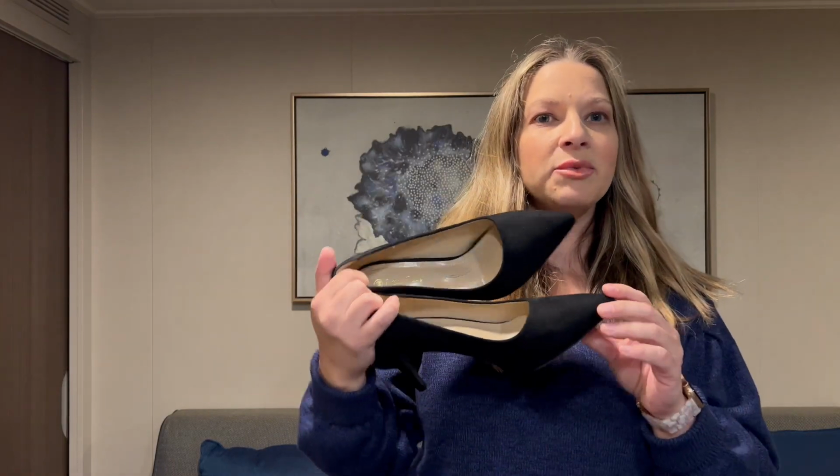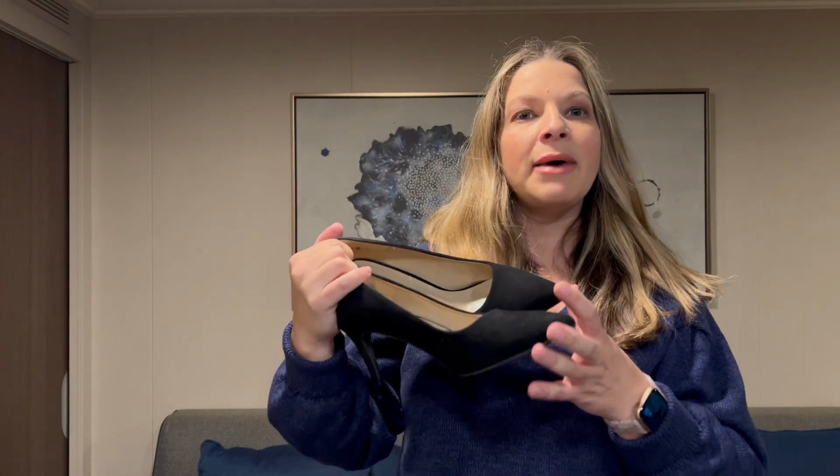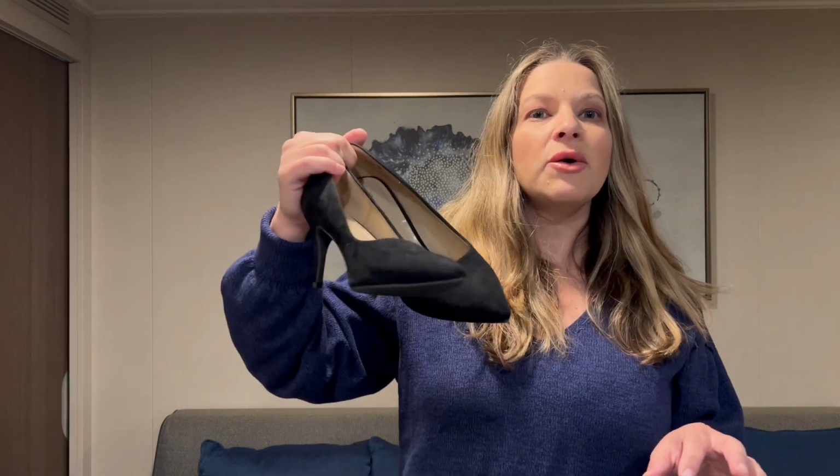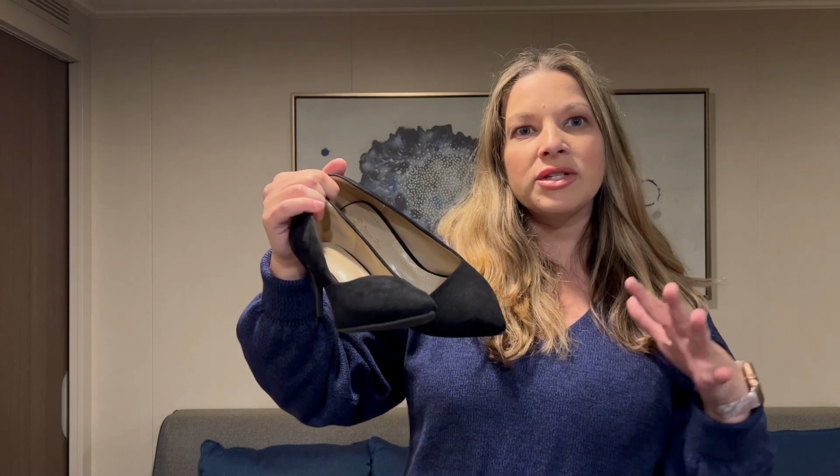So these are a black suede. They do have quite a bit of a heel to them, but they're super comfortable. I packed these so that it would go with all of the dresses and the pants that I had for the dining room. So I didn't want to have a bunch of heels, dress heels. I was trying to pack as minimally as I can because you are only allowed 50 pounds. And so that starts to add up when you start adding all these heavy, bulky things that you may be